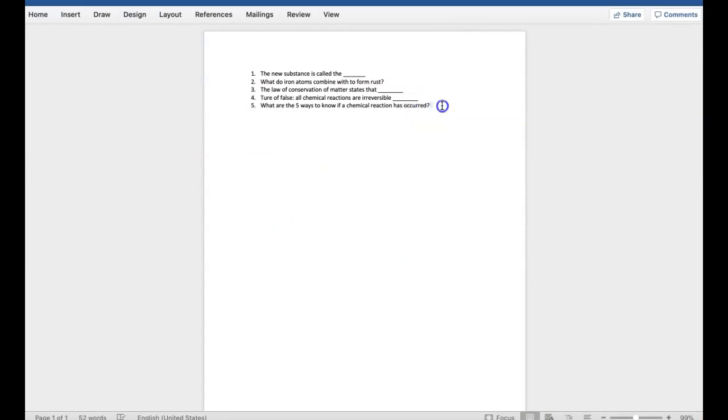This Word doc is going to be in your Google Classroom, and I just want you to, however you can, whether it's downloading this Word document and editing it with the answers and then returning it, or sending a picture of a piece of paper that you wrote the questions and filled out the answers on. You can send me pictures by email. Just any way you can turn this in, just go ahead and do that.